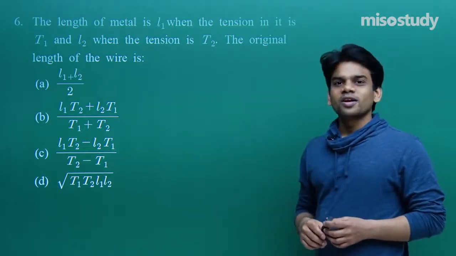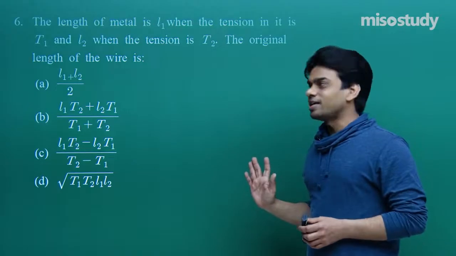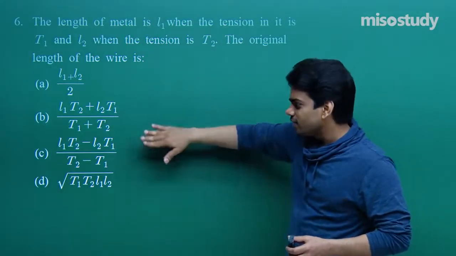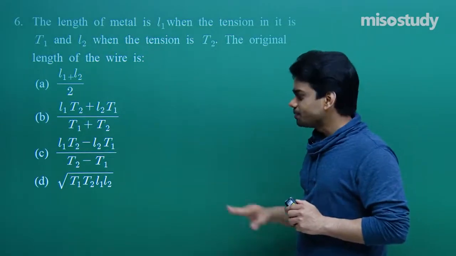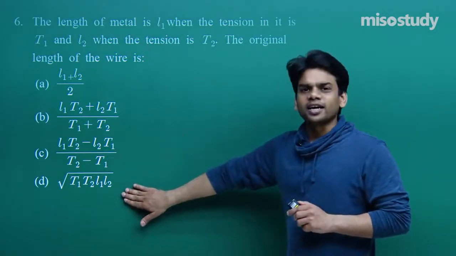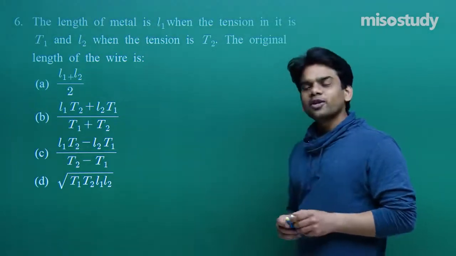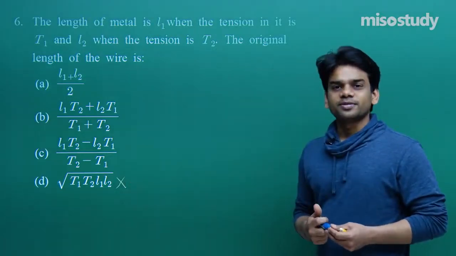First of all, you can check as per dimensions which one will be the right answer. This can be the right answer, even this can be the right answer, even this can be the right answer, as per the dimensional analysis. This is dimensionally incorrect, so we need not worry about option D. Some options can be eliminated in your examination through dimensional analysis.